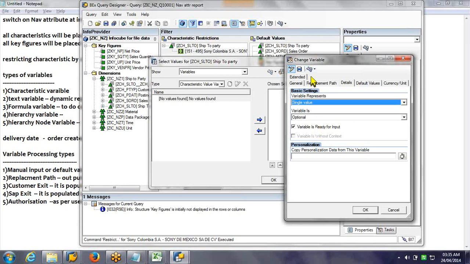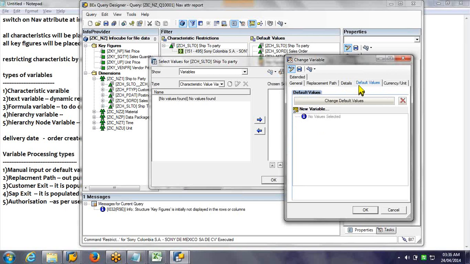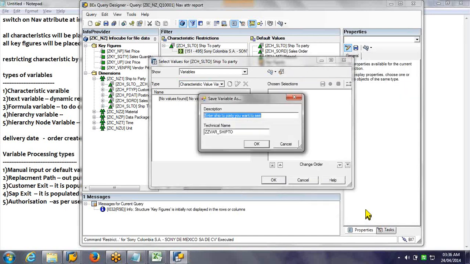It is ready for input. In case of replacement path or any other thing, something else is populating the value. So at that point you can say not ready for input because we are not entering anything. But in this scenario, we are entering. Save it.